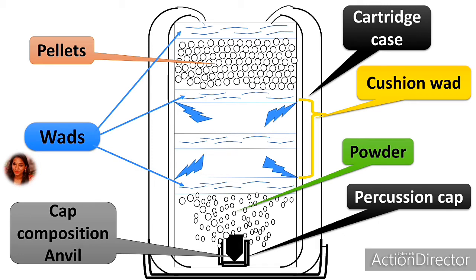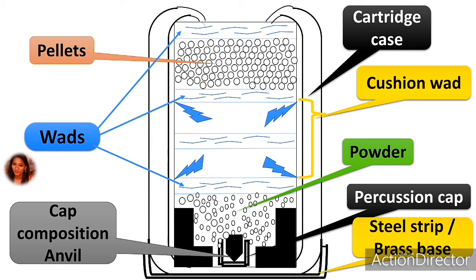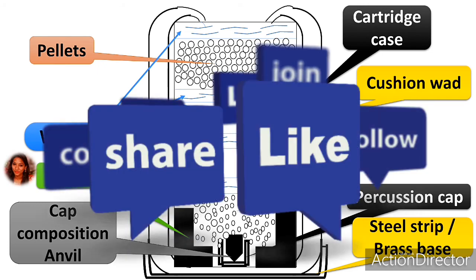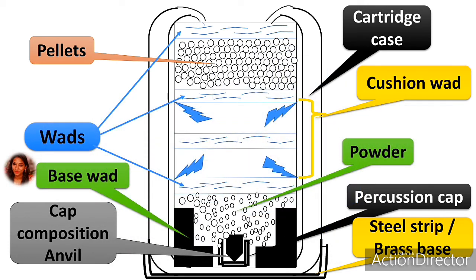At the bottom end you can see over here the internal steel strip to support, as well as the brass base. So at the end of the whole cartridge a simple covering is given. So this is the whole internal structure of the shotgun cartridge. Internally, a wad is also given, that is called the base wad. This is just to pressurize the powder and help the powder not to release and be disturbed from its original place. So this is how a variety of structures and sections are there inside the shotgun cartridge.